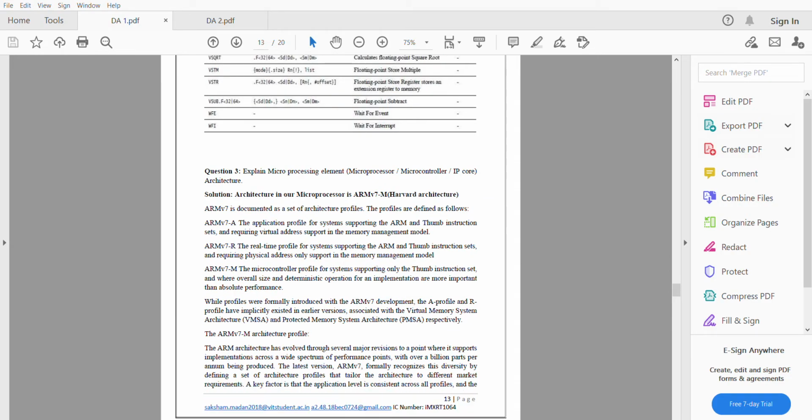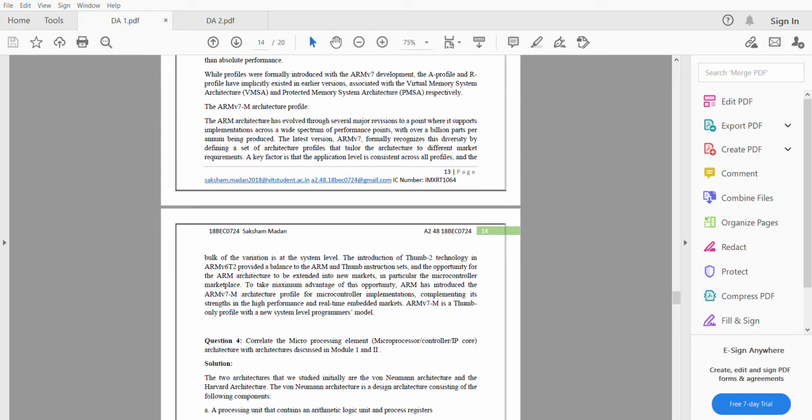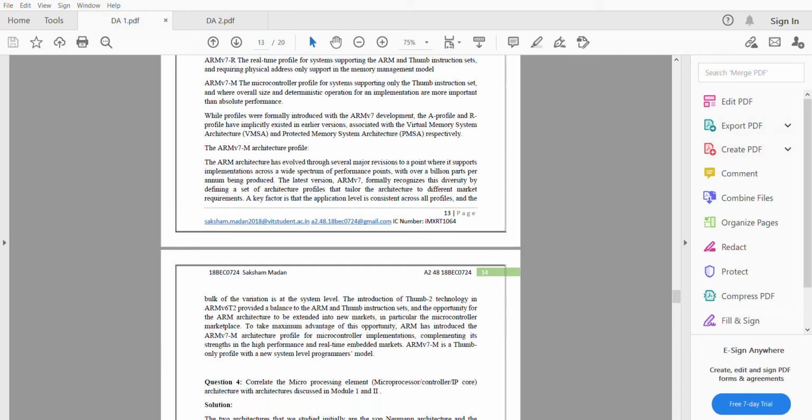Architecture. What is an architecture? We have learned von Neumann architecture in our class. But over here, a Harvard architecture is being introduced in the microprocessor. So what is the difference between Harvard architecture and von Neumann architecture? We've learned in class that von Neumann architecture has various drawbacks. It has bottlenecks. With this, and with Harvard architecture, I have learned new things: that Harvard architecture, compared to the von Neumann architecture, can be and is better.